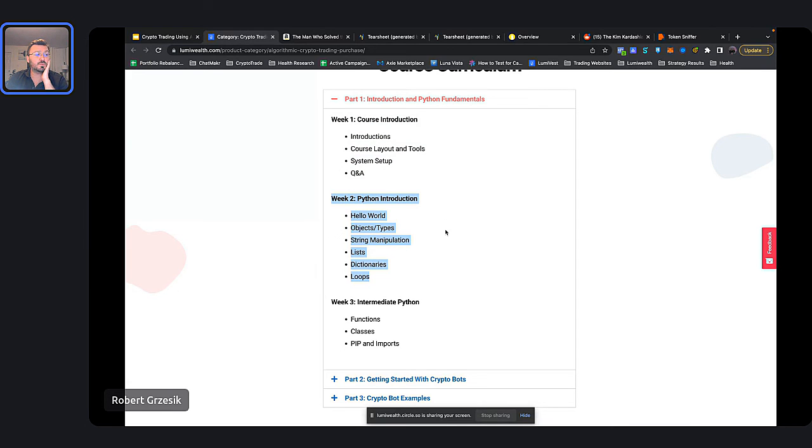And for those of you that don't know Python, we will cover it quite quickly, so that you actually see how the basics work. But we're going to focus on the stuff that you're going to need to know for creating bots. We're not going to get deep into it. We're just going to cover the different things you're going to need to know to create bots. Week 3, we go over the more advanced stuff in Python.